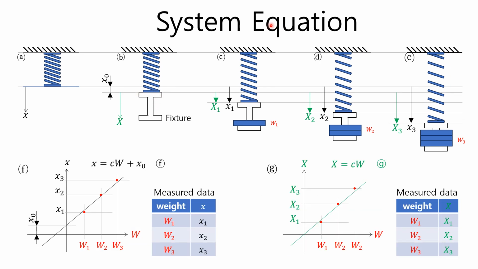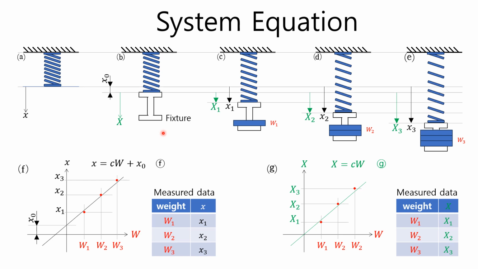Let's find out how the system functions differ between the lowercase x coordinate system and the uppercase X coordinate system. If you graph the system equation of the lowercase x coordinate system, it will look like f in the bottom left. In this case, the system function can be expressed as the equation f of a straight line intersecting x0, which corresponds to the weight of the fixture and has a slope c and an intercept x0 that intersects the x-axis. In this equation, c and x0 are the coefficient values we need to find out with the curve fitting